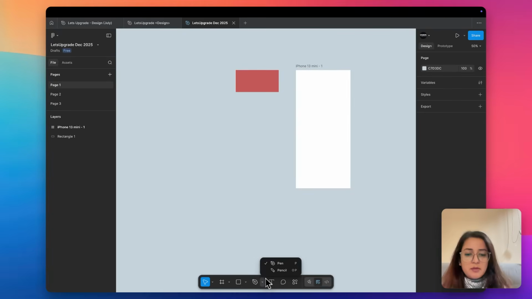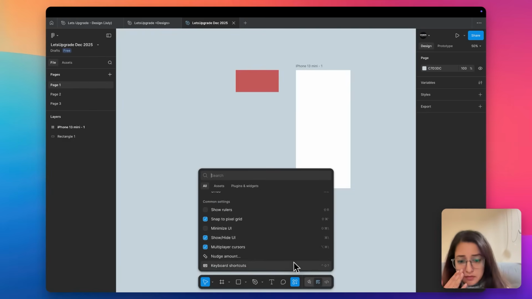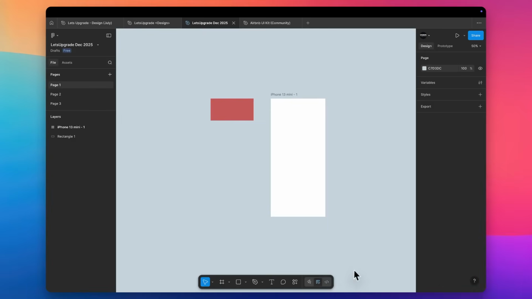This is the pen tool and pencil tool, text, comment, and some quick actions that you want to work with. Figma has also added the shortcuts in itself. I think in previous sessions, there was a list of Figma shortcuts that I used to share separately with you all. But right now, Figma has integrated them. All right, so now that we understand the bottom toolbar and the left panel,